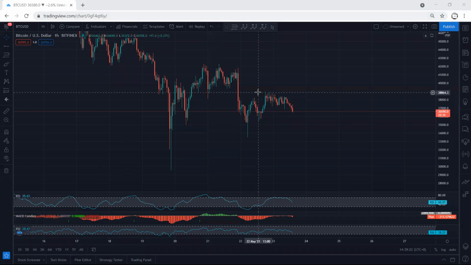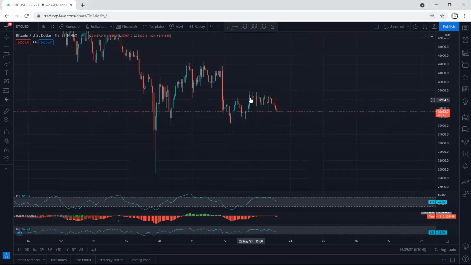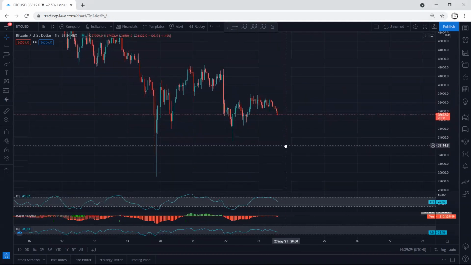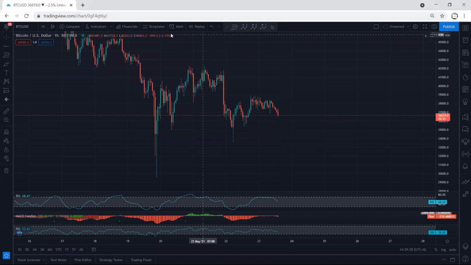We start with the 1 hour chart. We want to see how we can look for a trade, because if we refer to our analysis, we mentioned if we get any reversal, we can look for a buy. And someone asked me whether this is a bullish flag or not, whether we can look for a buy or not,